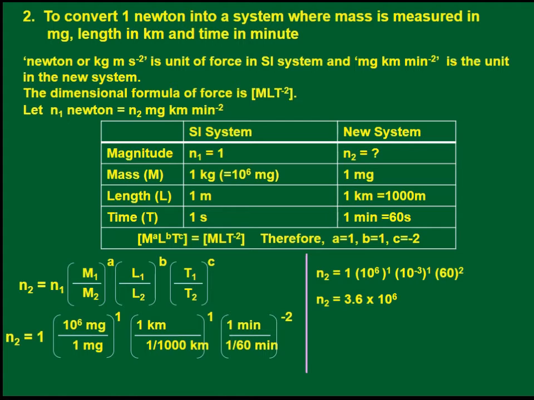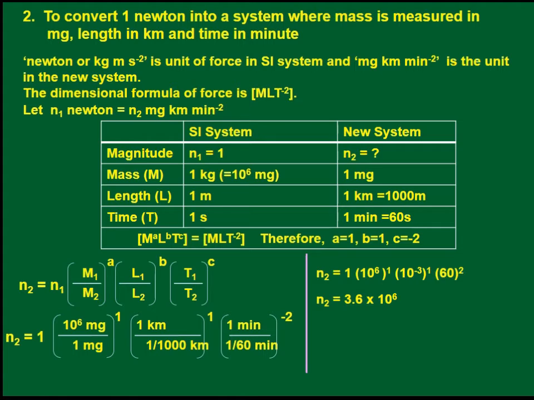So you get n2 is equal to n1 into M1 by M2, L1 by L2, T1 by T2, powers are 1, 1 and minus 2. M1 is equal to 10 to the power 6 by 1, milligram cancels out. 1 by 1000 kilometer by 1 kilometer cancels out, and in SI unit system 1 second is equal to 1 by 60 minute, and so that will cancel out. So ultimately you will be getting